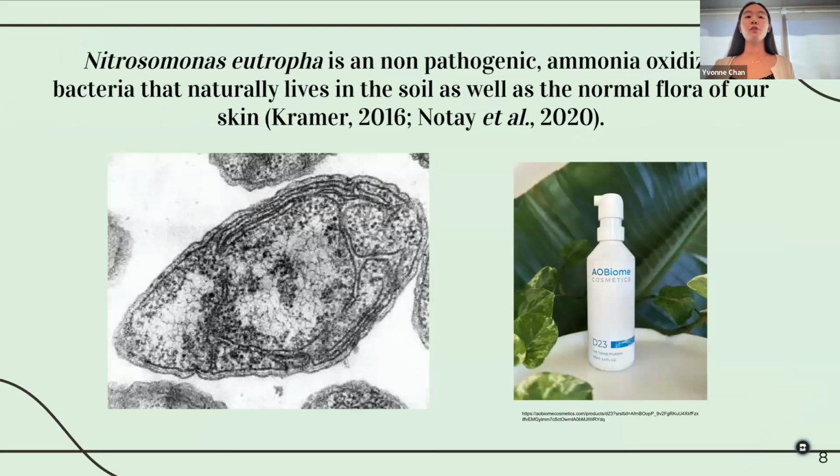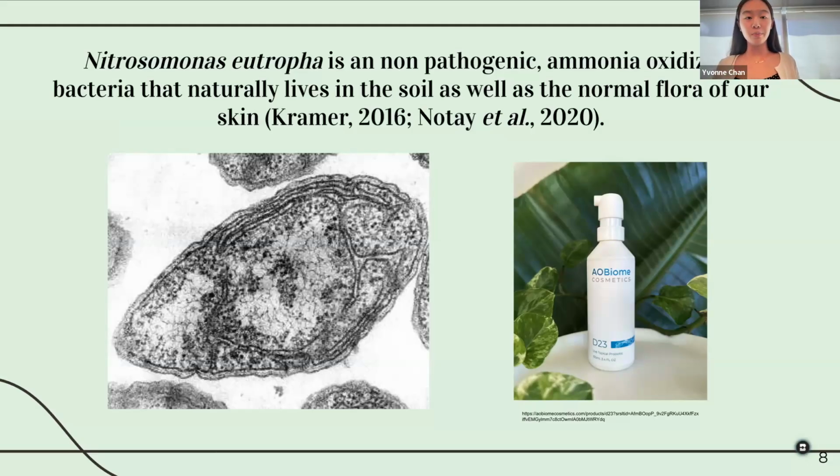And so Nitrosomonas eutropha is the specific probiotic I'll be looking at. It's a non-pathogenic ammonia oxidizing bacteria that naturally lives in the soil as well as in the normal flora of our skin. And ammonia oxidizing bacteria utilize ammonia from the sweat to generate nitrate and nitric oxide. And studies have shown that nitrate and nitric oxide are associated with beneficial physiological effects and anti-inflammatory responses,